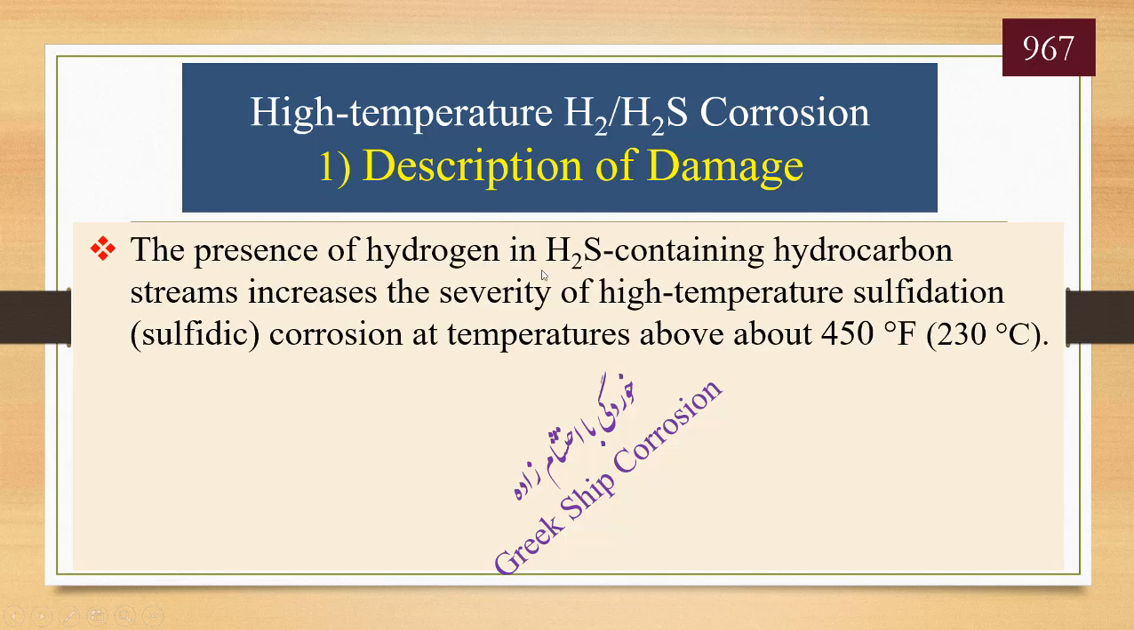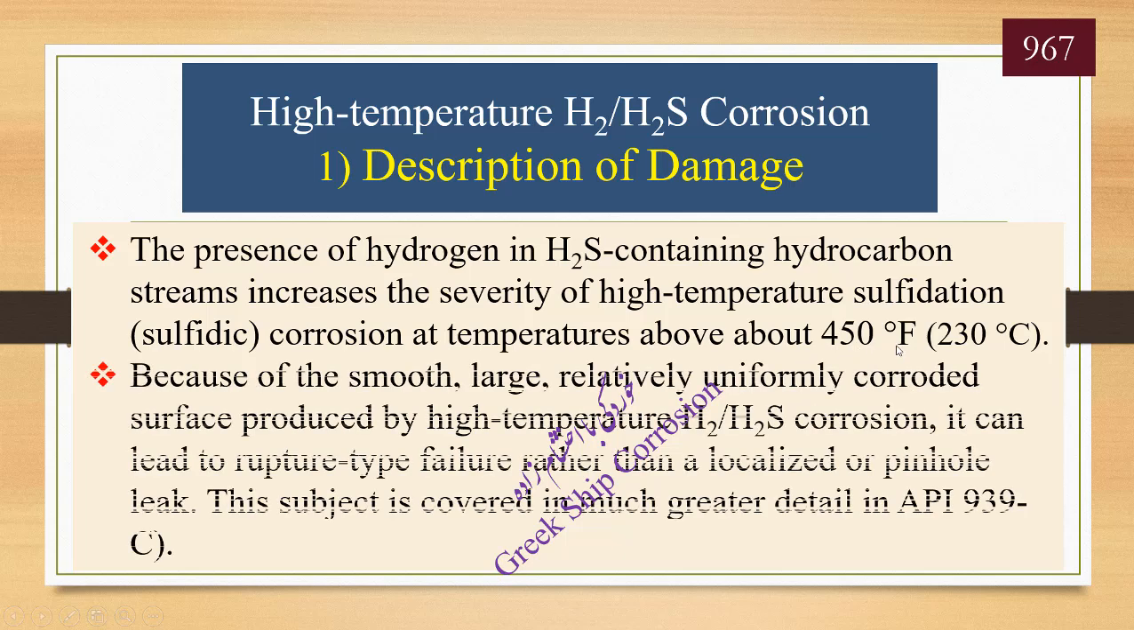The presence of hydrogen in H2S containing hydrocarbon streams increases the severity of high-temperature sulfidation or sulfidic corrosion at temperatures above about 450 degrees Fahrenheit. Because of the smooth, large, relatively uniformly corroded surface produced by high-temperature H2S corrosion, it can lead to rupture-type failure rather than a localized or pinhole leak. This subject is covered in much greater detail in API